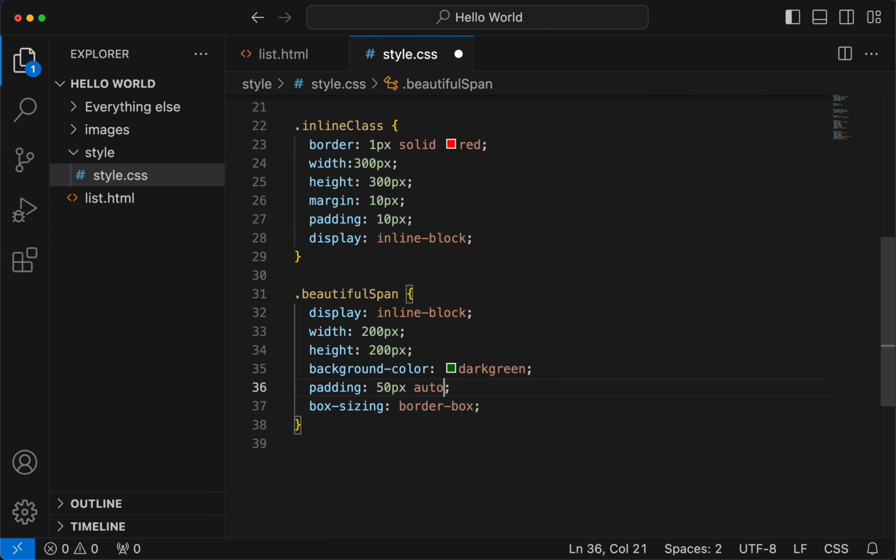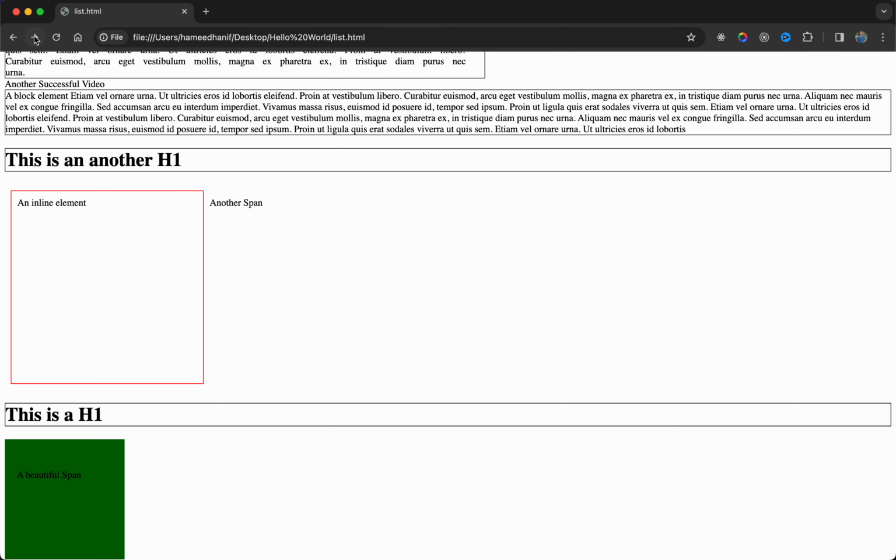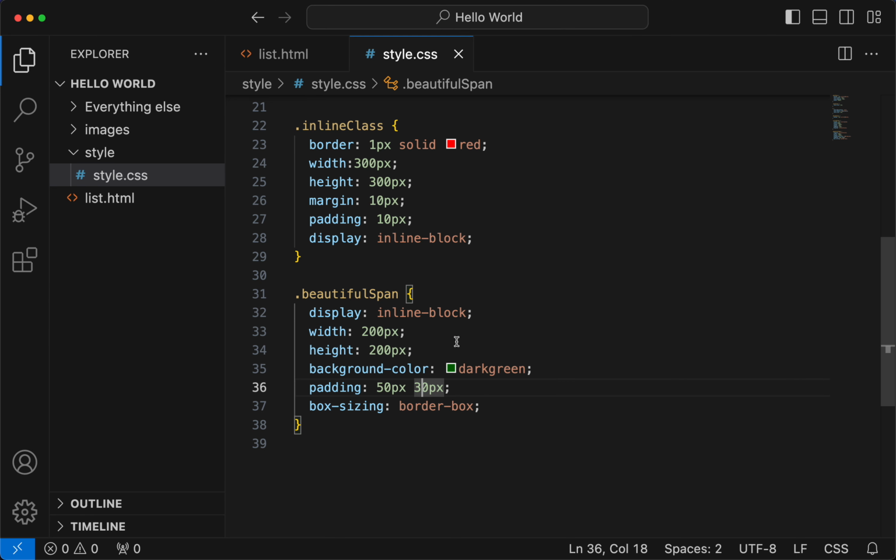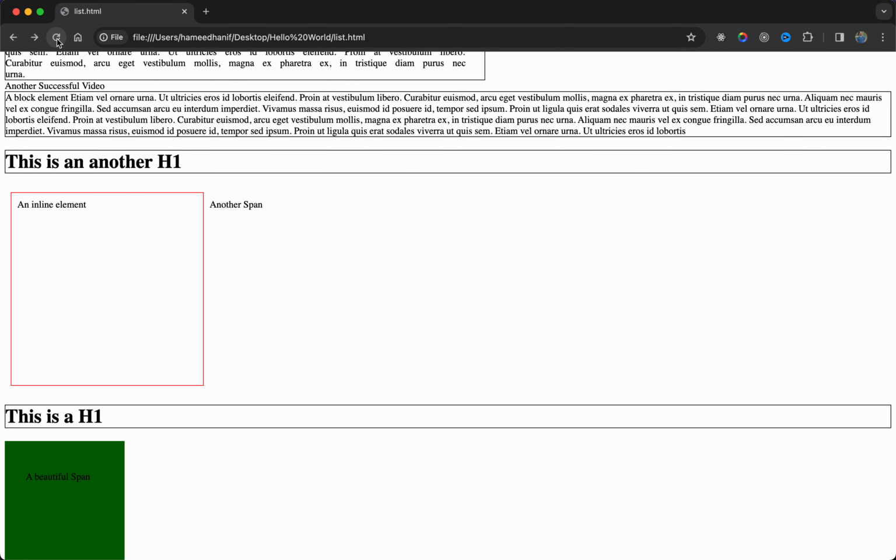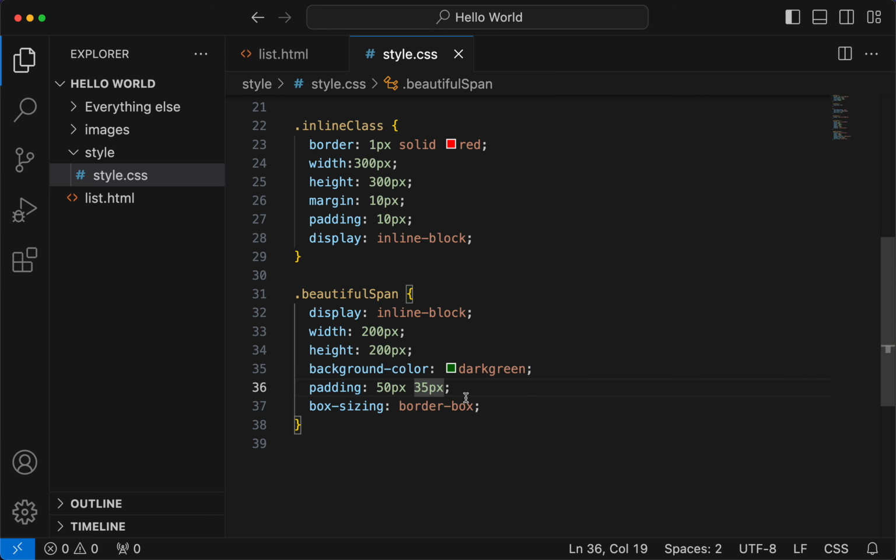Let's say it's auto. No, auto doesn't work well in this situation. So 20 pixel at the left and the right is what I'm trying. Let's try 30 pixel. Can be in the middle a bit more. Yet not in the middle. 40 pixel. Okay, from the top, it's 200 pixels, right? So from the top, it will be 90 pixels. So if you see,